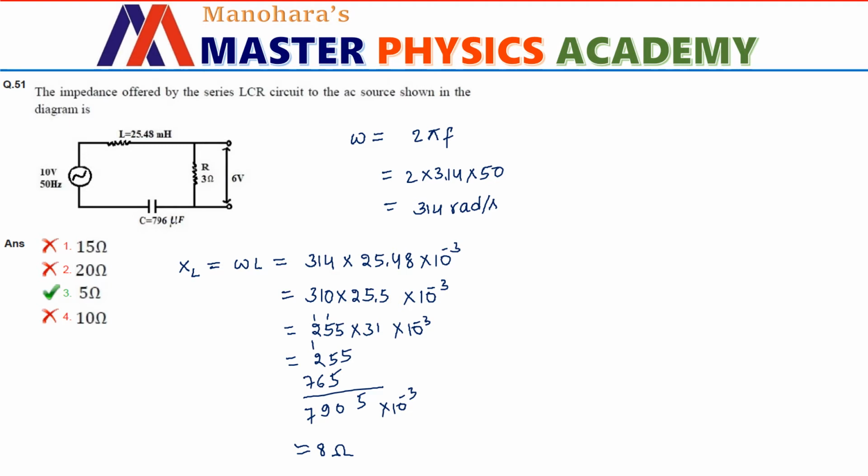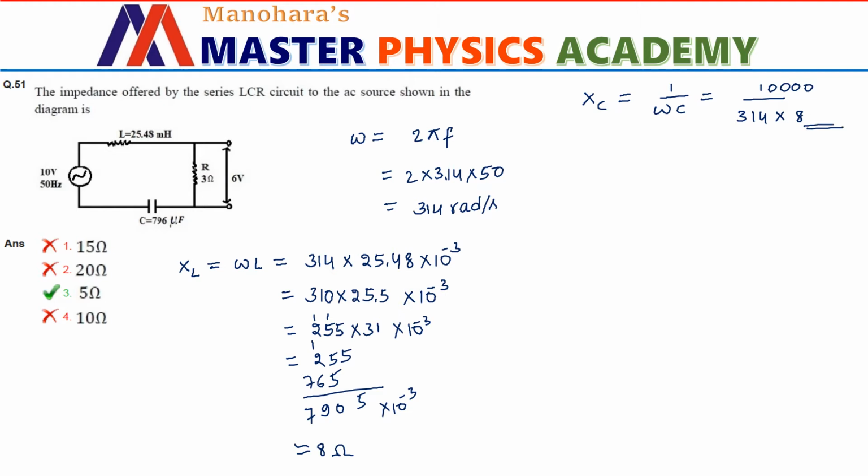Let us do the calculation for capacitive reactance, which is 1 divided by omega C. Let me substitute that. So 1 divided by omega, which is 314, into a very weird number they have given, 796. I'll consider that as 800, into 10 power minus 6. That will be into 10 power minus 4, so taking that to the numerator, I will be getting 10,000. Here 800 into 10 power minus 6 was there, so I just simplified that.